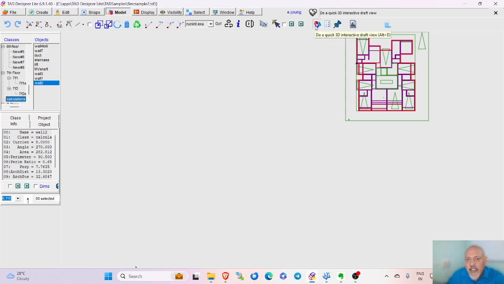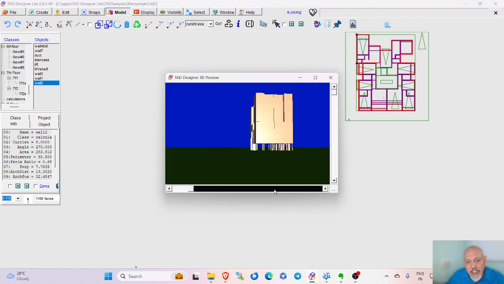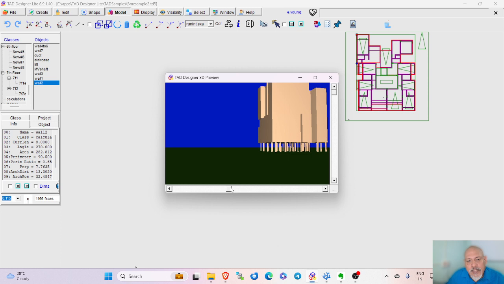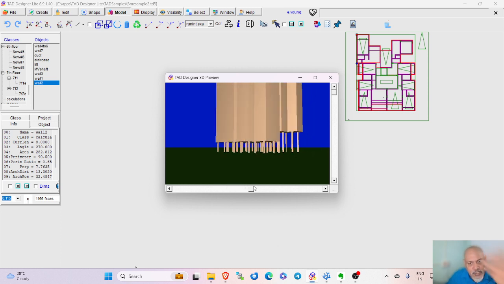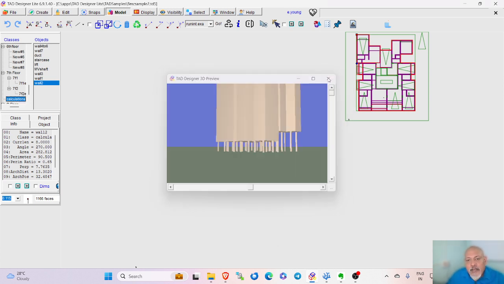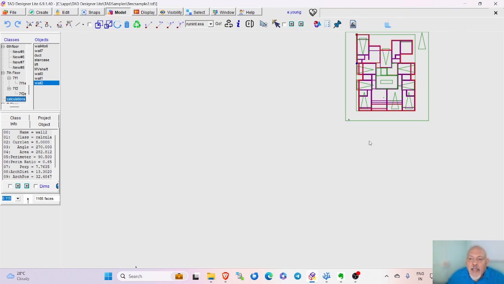And this is actually a 3D system. So you can actually see this building, the basic massing, and the internal details are also there. This is just a preview, so it does not cut out openings and all that. This is just to get an idea about how the building is shaping up. Now this model is ready, or ready enough, for you to start doing calculations.